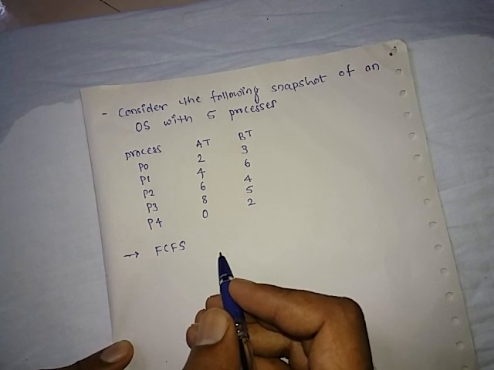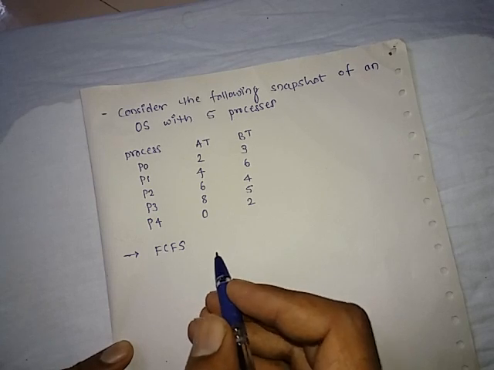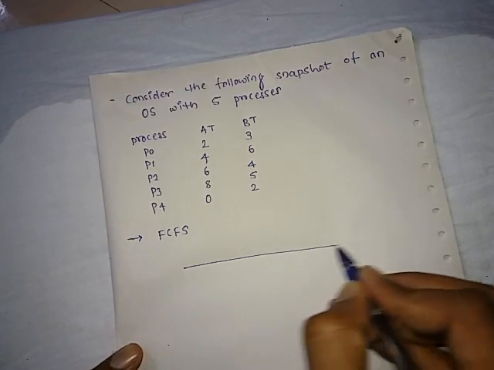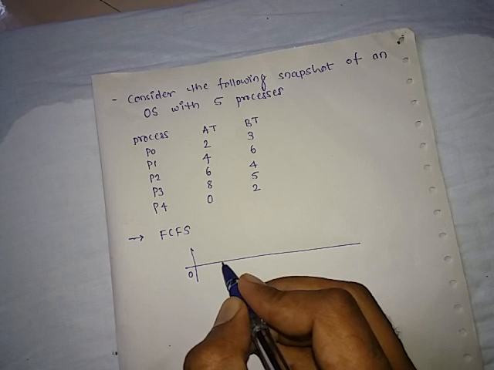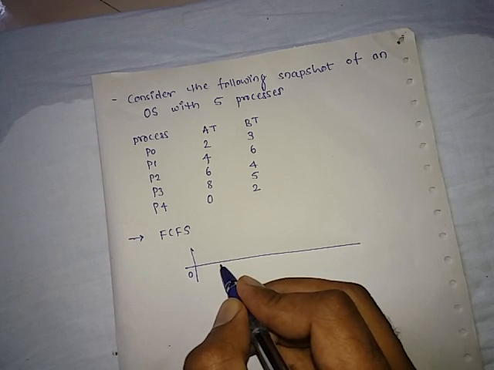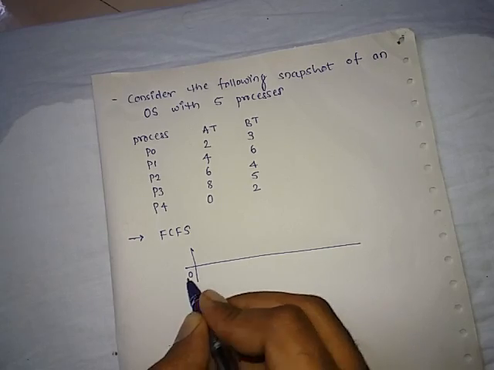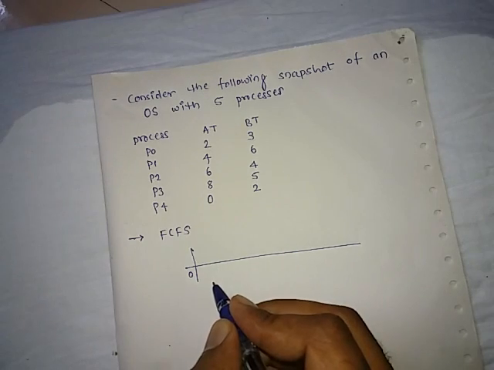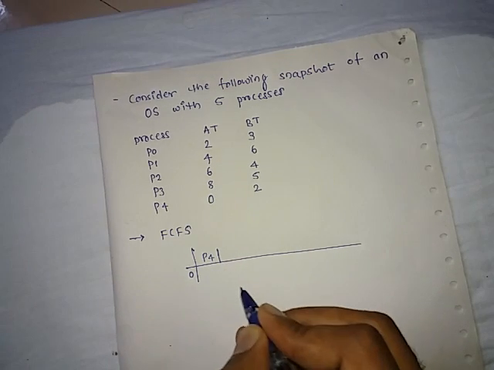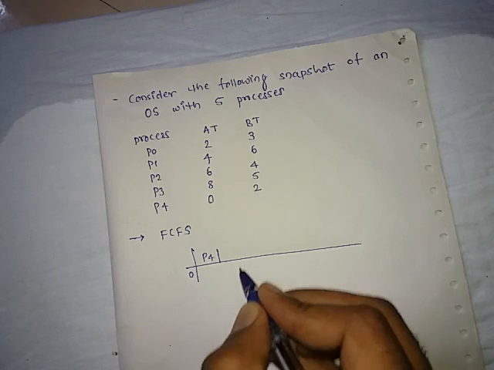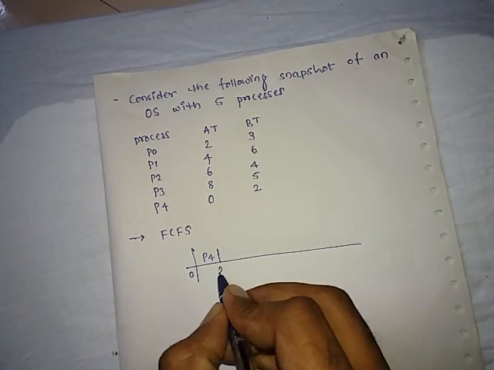The first step for solving this is to draw a Gantt chart. So the Gantt chart is like this. A Gantt chart always starts from 0. As it is a non-preemptive task, that means once a process is allocated to the CPU, you cannot remove the CPU until the completion of the process. So check, for the time interval of 0, is there any process arriving to your system? Yes, there is a process, that is P4. So allocate the CPU to the P4 process. And as it is non-preemptive, we are going to complete it here